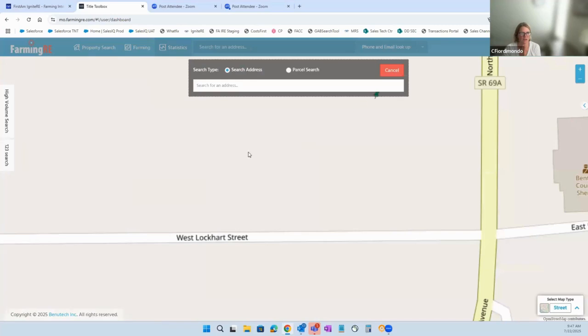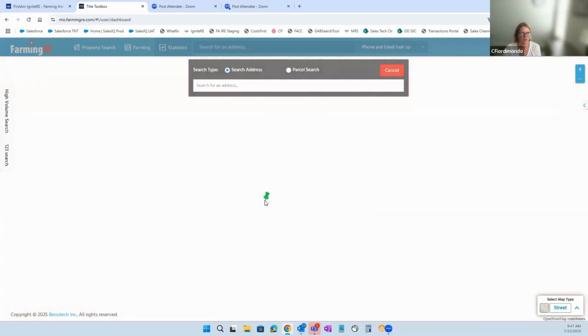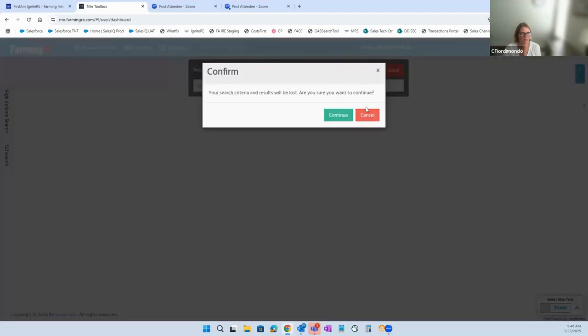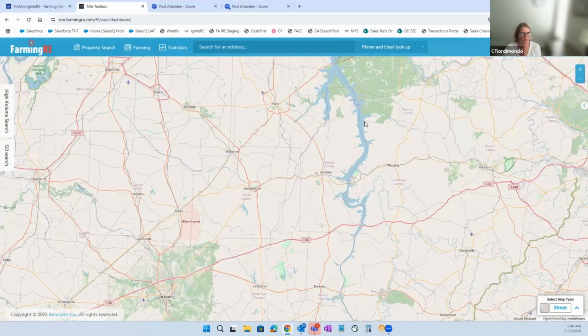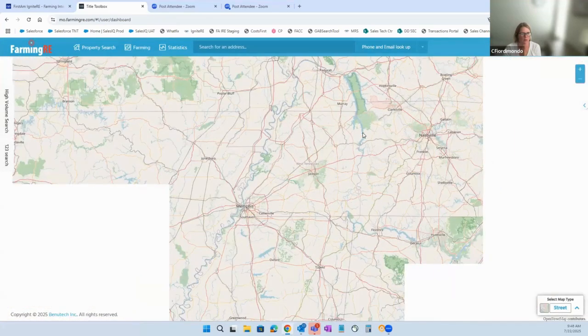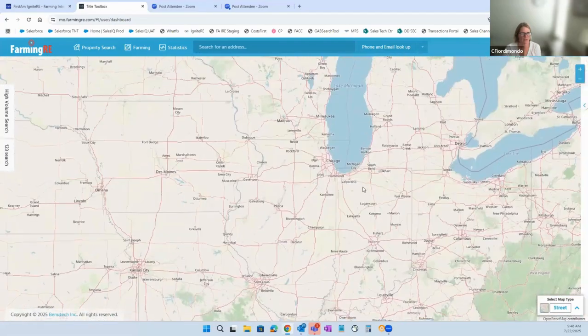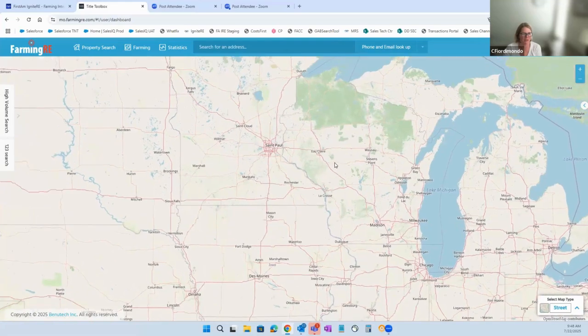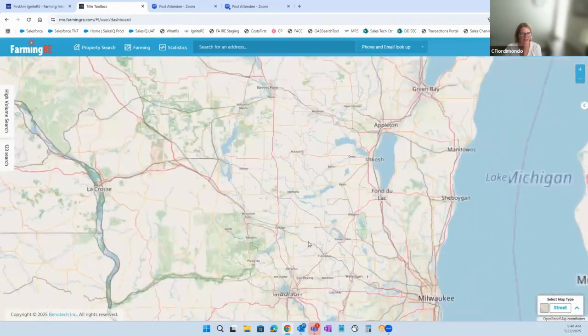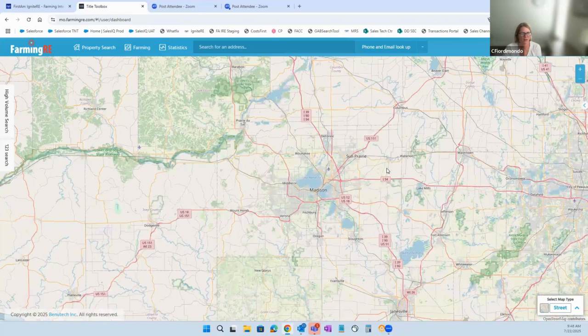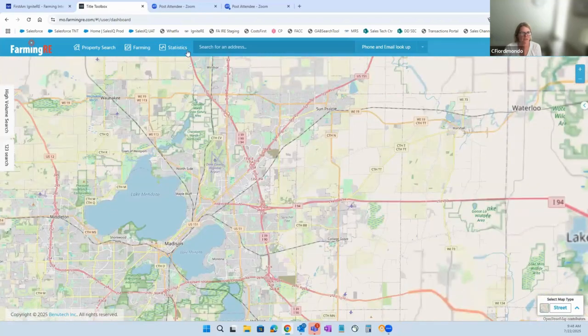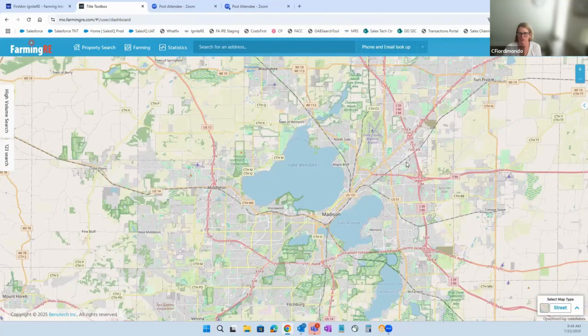So with statistics, it's kind of similar, but you can really focus in. Oops, let me cancel this out. It's not loading for me. There we go. Pull back out a little bit. Oh, where did I go? I ended up in Tennessee somehow. There we go. Let's get us back up here to Wisconsin. There we go. So statistics, that's the last thing I'll show you,